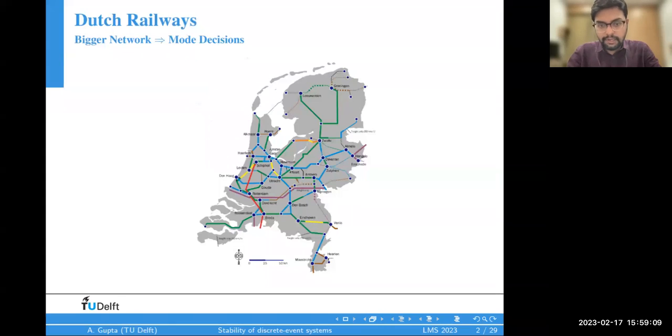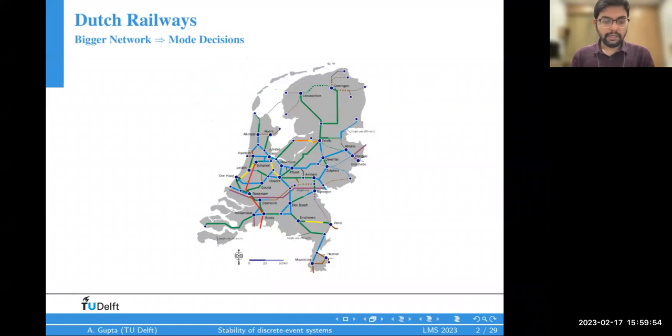But we would like that in case a disruption occurs, we are able to minimize the delays in the system and keep it running in an efficient manner. So, of course, a lot of things are based on intuition. Even the modeling aspect is derived from human knowledge. There's no physics involved, let's say, and things can get complicated as the network becomes bigger, and we can actually have a combinatorial explosion of decisions from which we would like to choose.